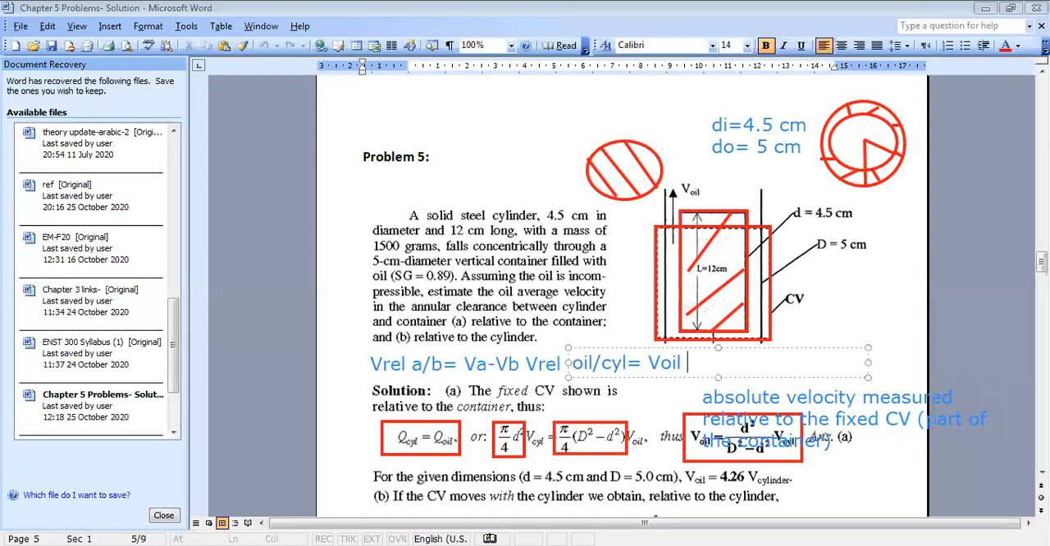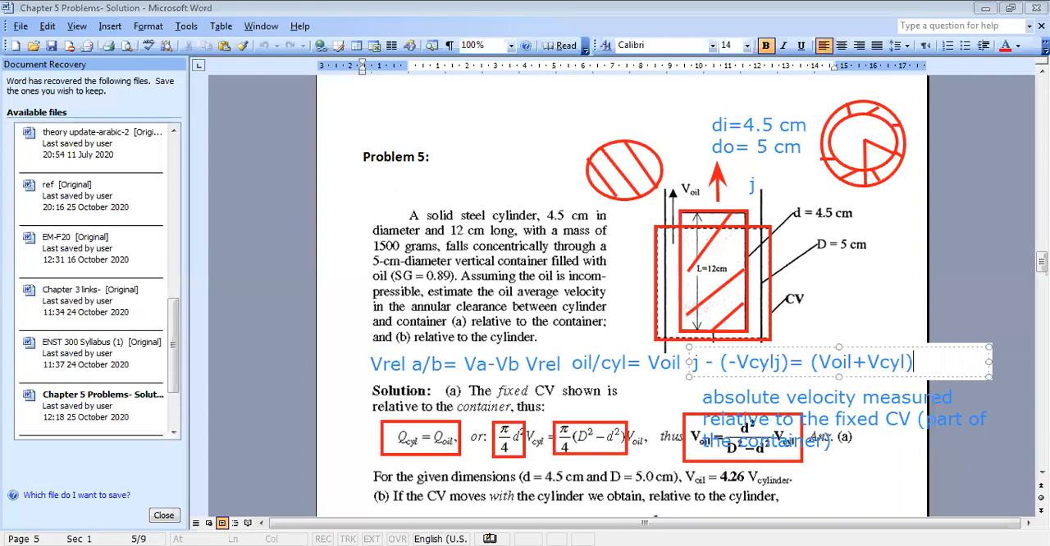Now, here you should put directions. V oil, if I consider that this is my positive Y, positive J, so this is along J. So V oil is along plus J. Now minus V cylinder. The cylinder is moving in the negative direction, so for V cylinder, I will put minus V cylinder J because it's moving downward. Okay. So if I take J into factor, what do I get? I get that V relative is V of oil plus V cylinder